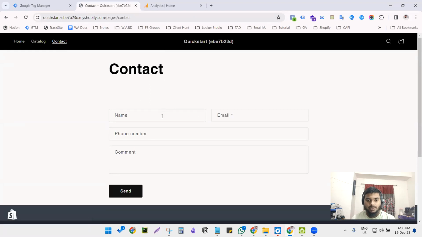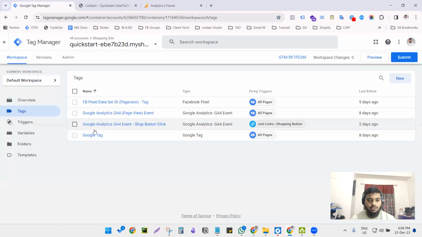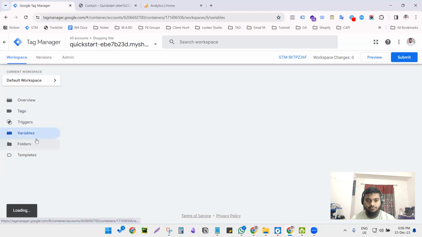I will submit the details and send this, and after that it will send a contact event data to this Google Analytics. At first we have to configure a trigger. For that we have to go to variables,